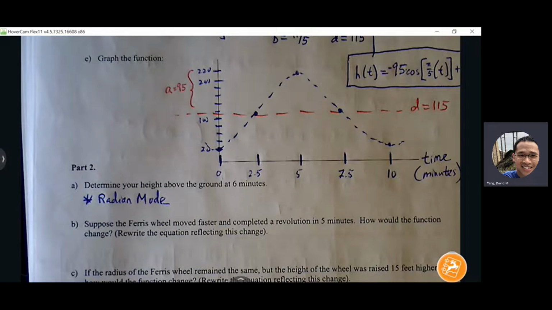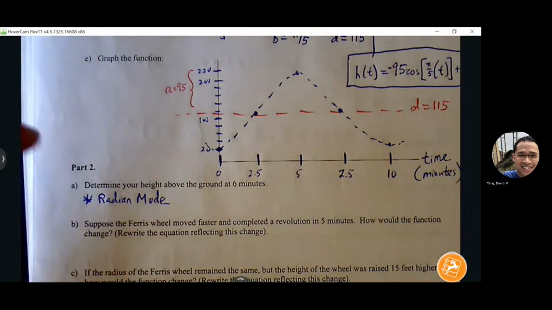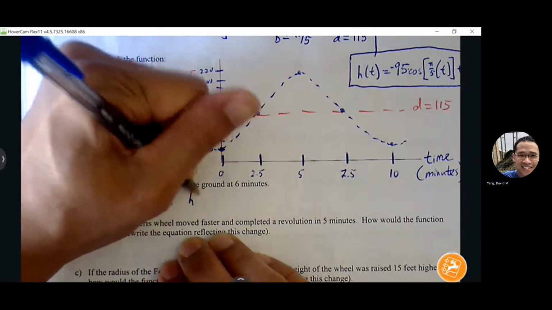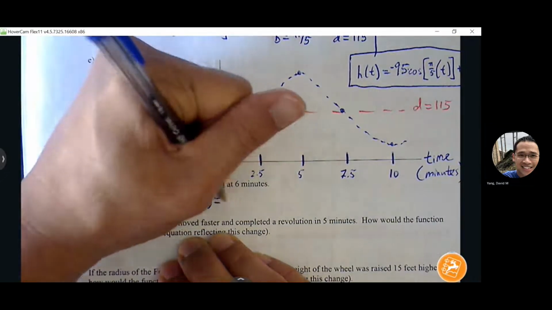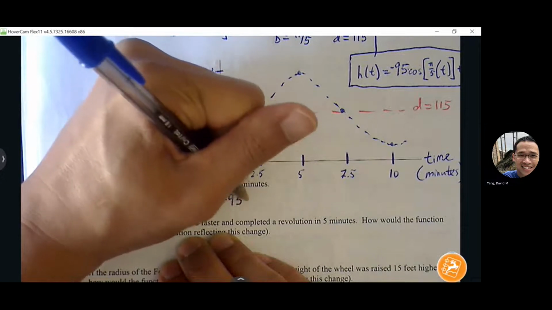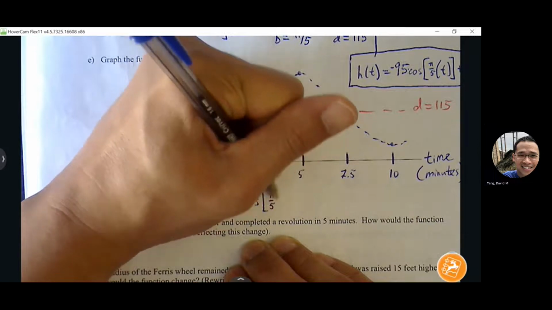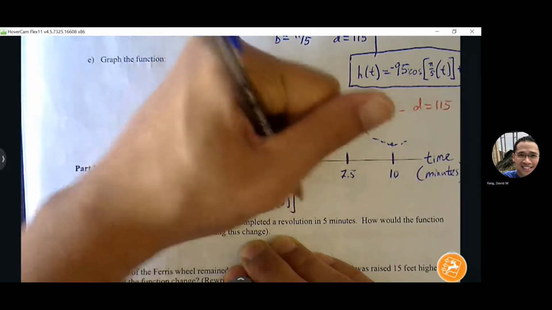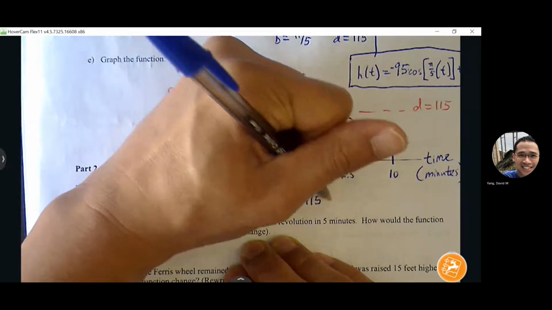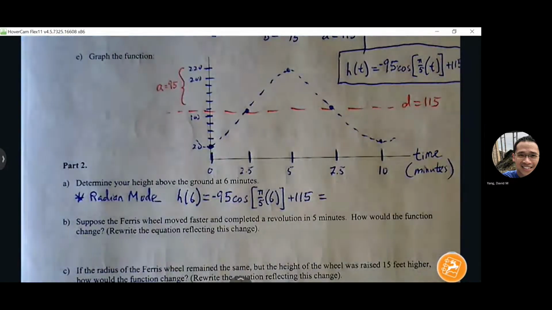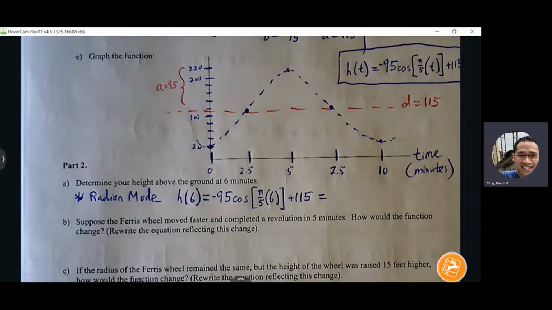Okay, so now you can enter your equation into your calculator. So practice entering that in. Let me know if you have any trouble in your calculator. You should get